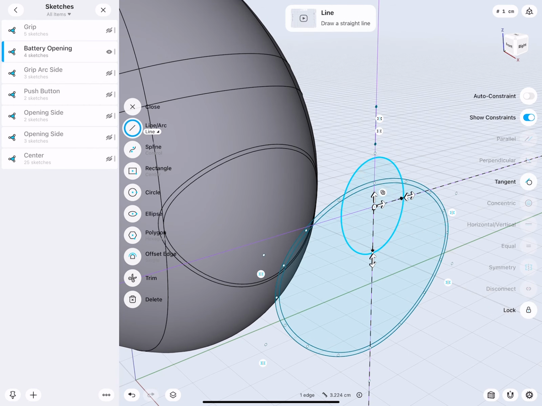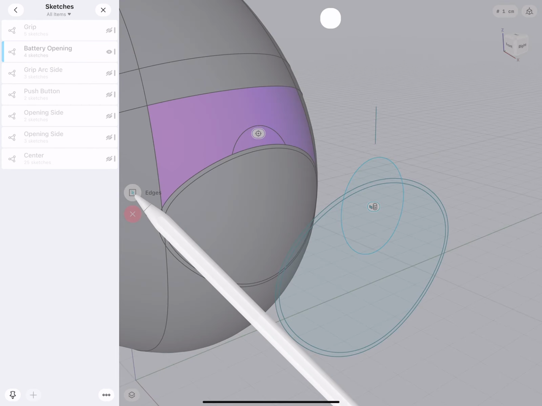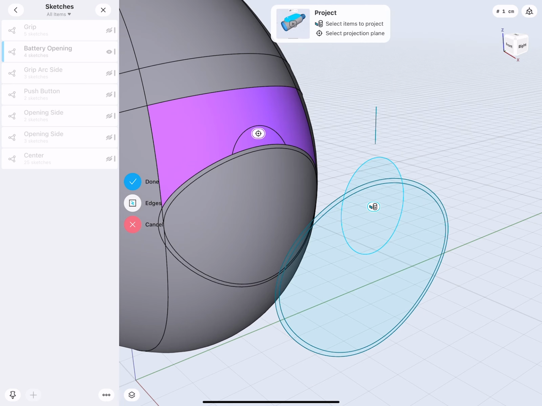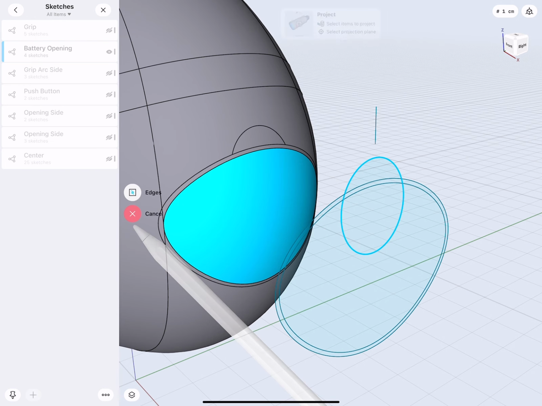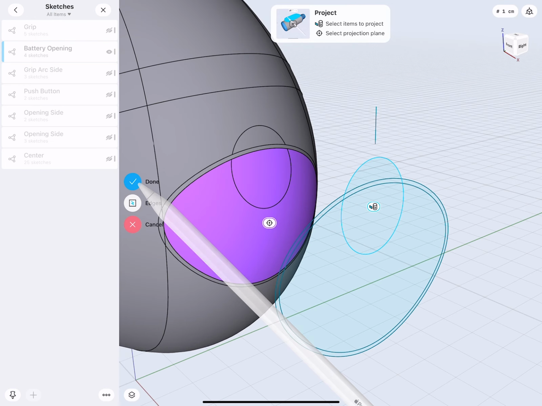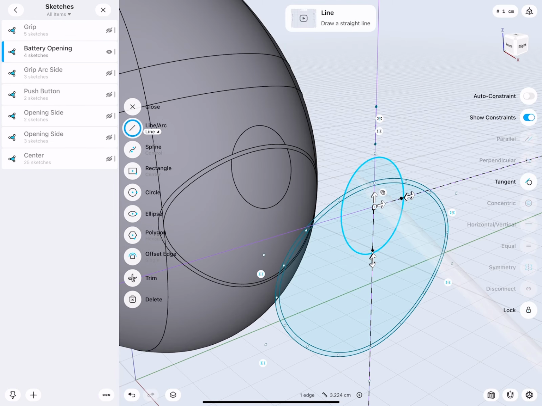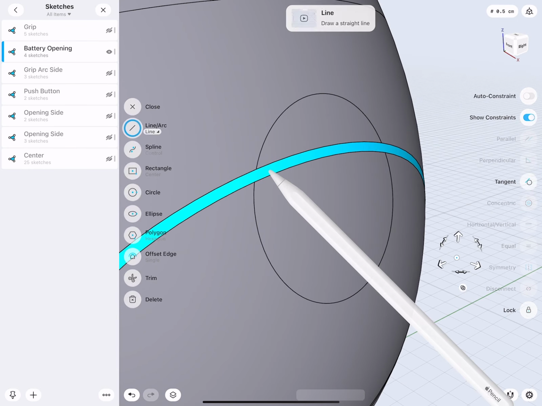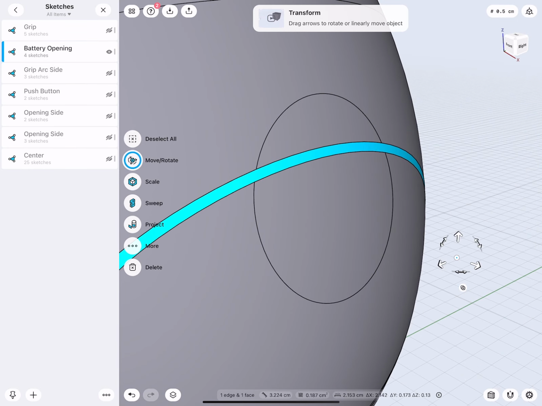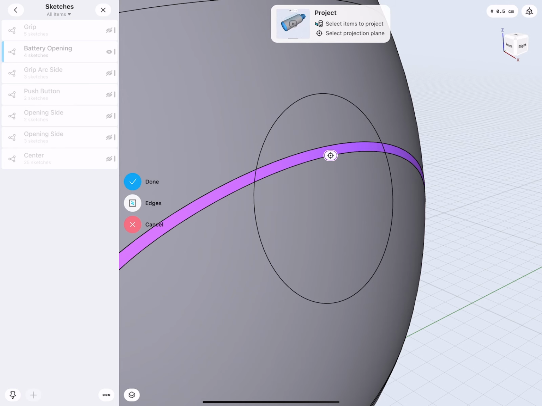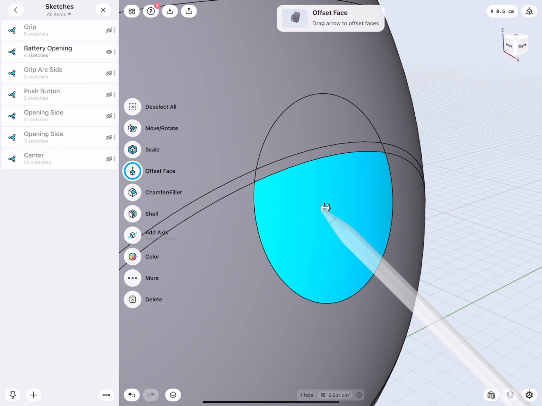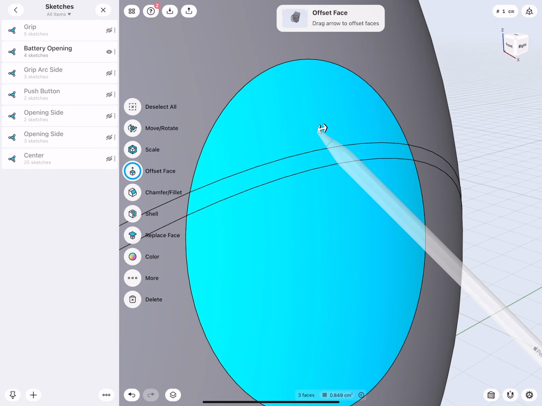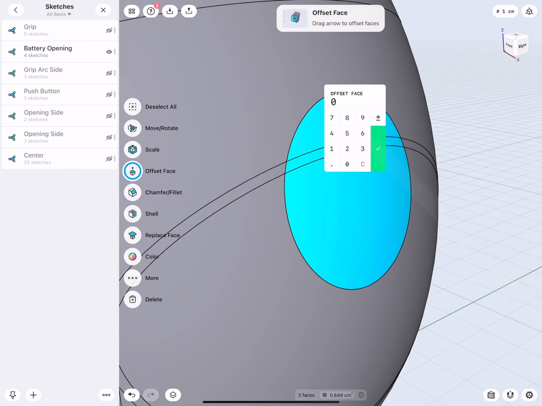And then this project there. This project onto there. And one more time onto this. Very good. Now with these faces actually sliced, we can select them.